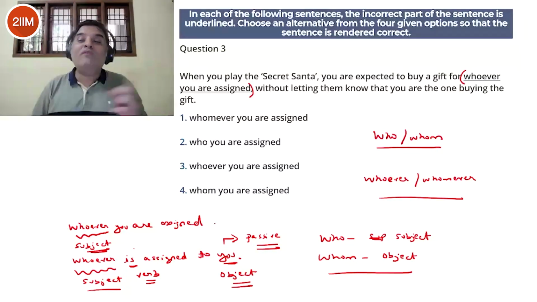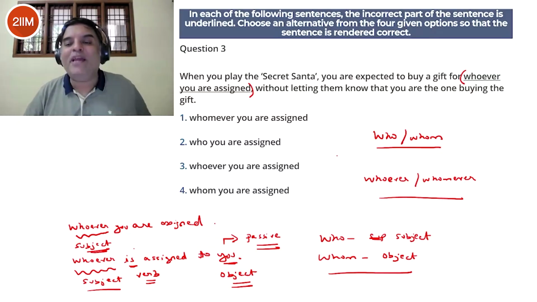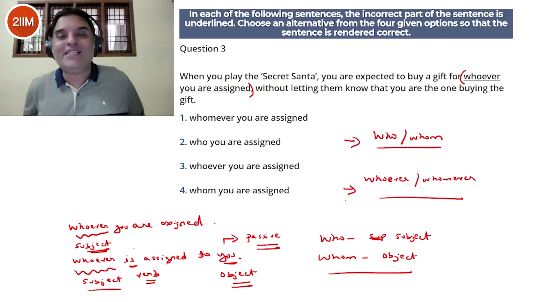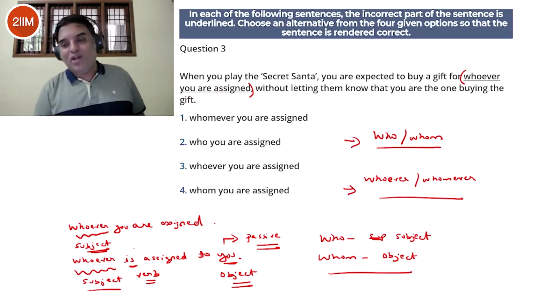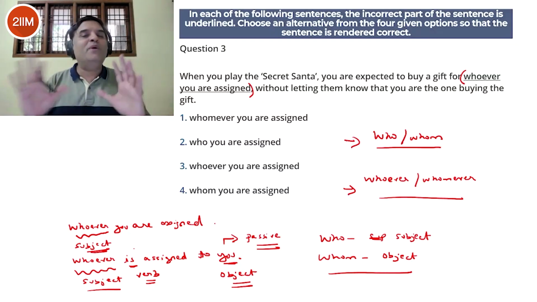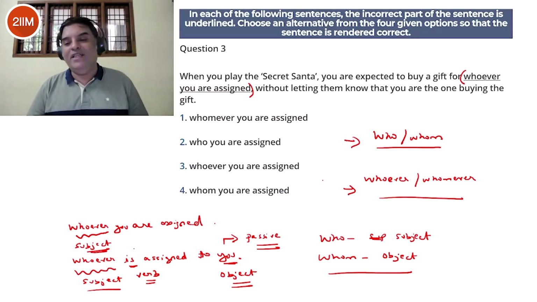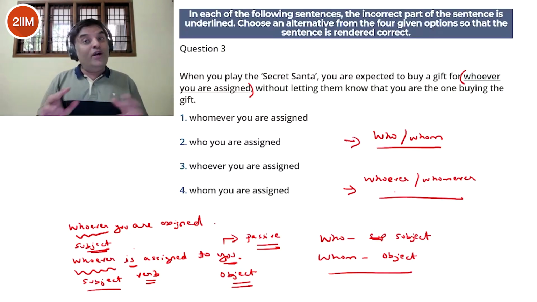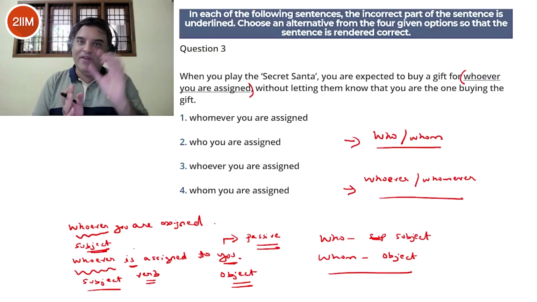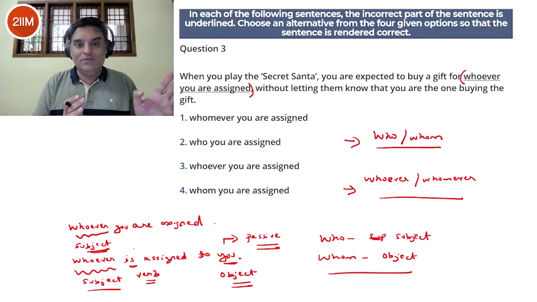Okay, now because whoever is the subject, it has to be who or a variation of that, which is whoever. So that is correct. What is given to you seems to be correct, because whoever is replacing a subject. Okay, so we will not go towards whom or whomever. Whether it's who or whoever, we'll decide. But we're not going to go to whom or whomever, because it's not an object. Although it might look like an object, consider it independently, break it down, and then you'll understand that whoever is subject. So we have to stick with who. Whom is wrong. Okay, although it looks like it should be whomever, it's not whomever.